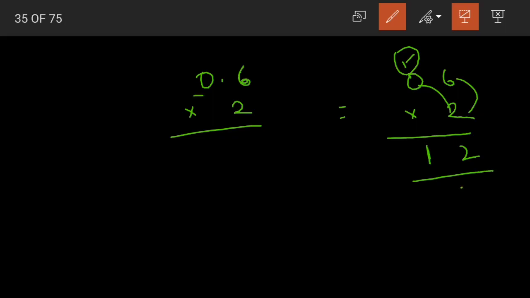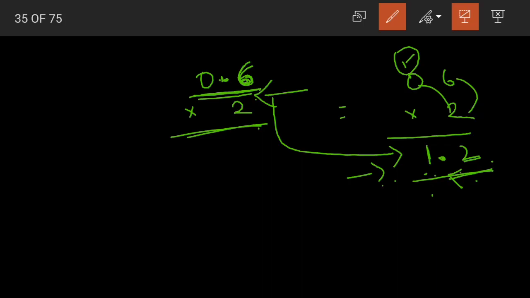If you look at the question, we are having 0.6. If you remember, children, about decimal numbers, while counting the number of digits before the point, we should count from the right side. Yes, from the right side we are having a decimal point after one digit. So even in our answer, that is the product, we have to place a point after one digit from the right. 0.6 into 2 is equal to 1.2.